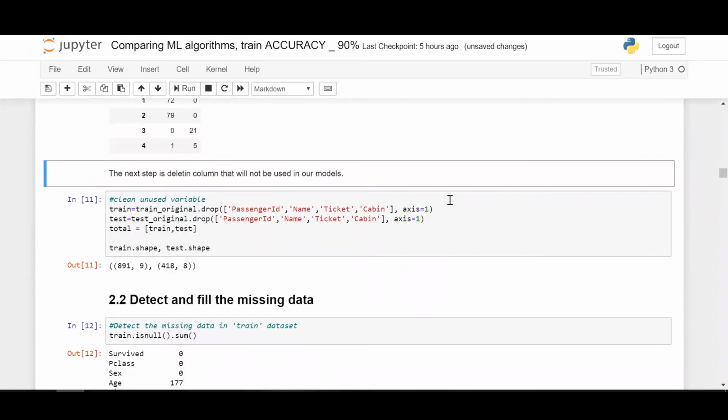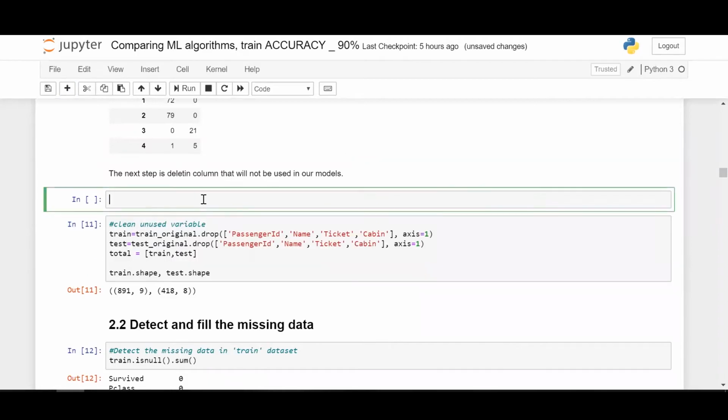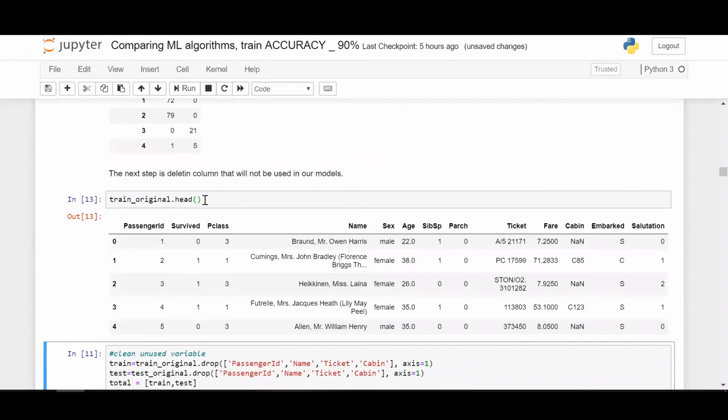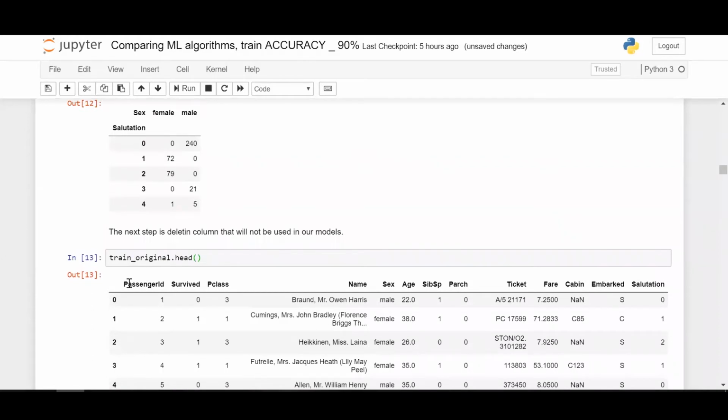Next step is deleting the columns that are not being used in the models. So if you remember the Titanic dataset, I'll just show you the columns. Dot head. So by looking at this, can you tell me which columns are not going to be useful in our model prediction? Since we have extracted the salutation from the name, we can easily drop the name column because we already have its main feature. So that's one thing. We can drop the name also along with passenger ID and fare. But fare has been considered here because, assuming the people who paid more would most likely belong to a higher class in society, they have a higher chance of surviving a Titanic disaster.